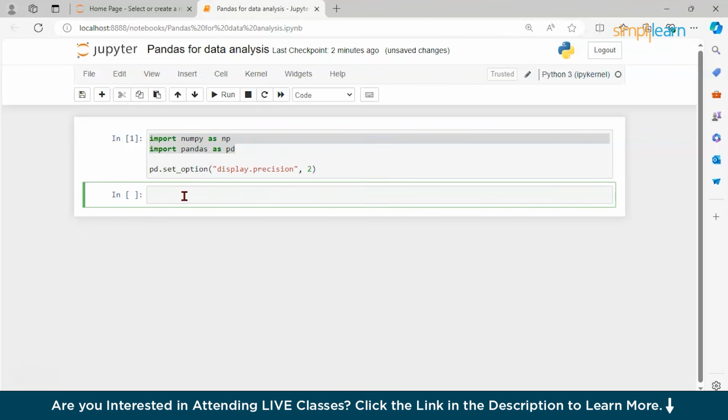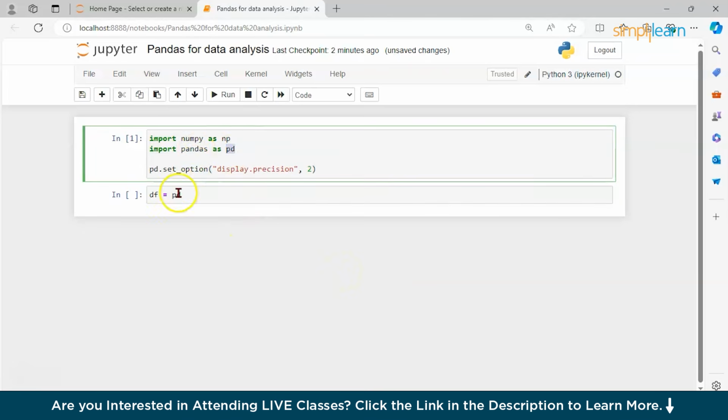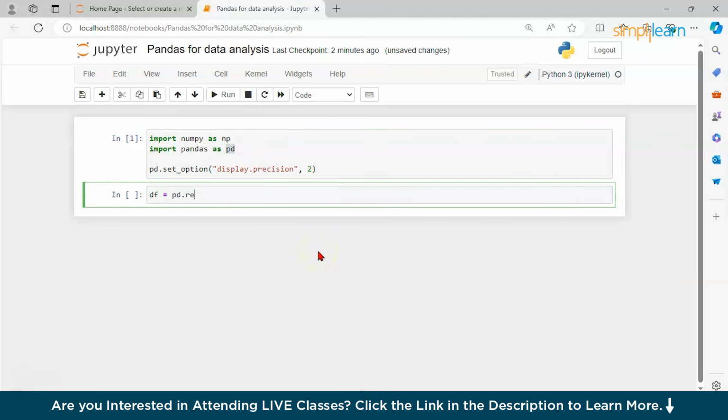So now what I will do, I will demonstrate the main methods in action by analyzing a data set on the churn rate of a telecom operator. I have one data set named telecom churn, the operator clients data set. So now let's first import it. I will write here df equals to, df means data frame. You can give any name. Then df equals pd, as you can see here, pd means pandas, dot read_csv,